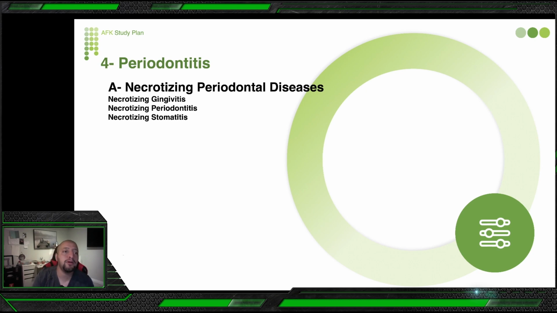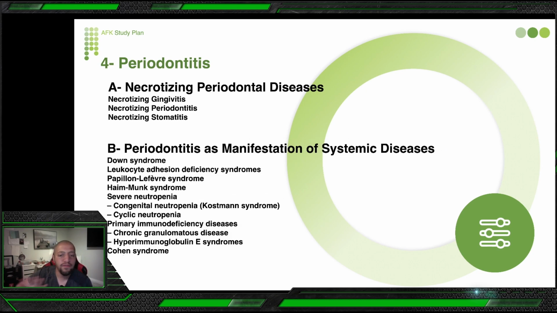Before we dig deep into periodontitis, let's get rid of some stuff. Say, okay, this is periodontitis, and then we're gonna speak about periodontitis at the end. So the first three categories we're gonna speak about is necrotizing periodontal disease, which before was NUG and NUP. Now they are saying necrotizing gingivitis alone and necrotizing periodontitis. Before they said it's acute and chronic, now it's not anymore. And necrotizing stomatitis and periodontitis as a manifestation of systemic disease, which will be equivalent to the other category